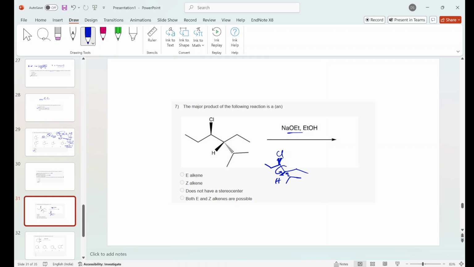This bond has to rotate so that you will get to another conformation where proton will be at the bottom. When it will be at the bottom, then this will be here, and on the top you will have the isobutyl group. And now you can insert the base. It will extract proton and leaving group will leave, so that you will have